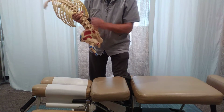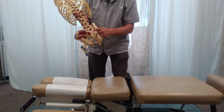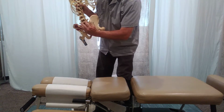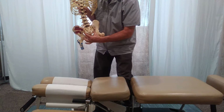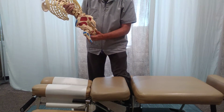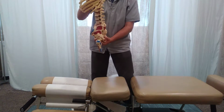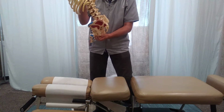And so this is your lumbar spine, this is your pelvis, this here is your sacrum, this thing that's right in between the two halves. That's your sacrum right there. And so when the hamstrings are too short and you're trying to do things and you're bending over, you're moving, if this pelvis isn't allowed